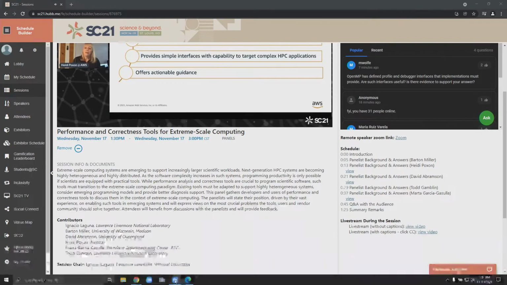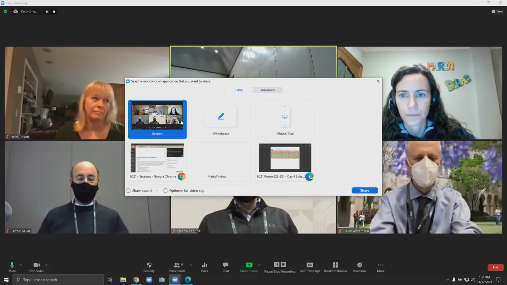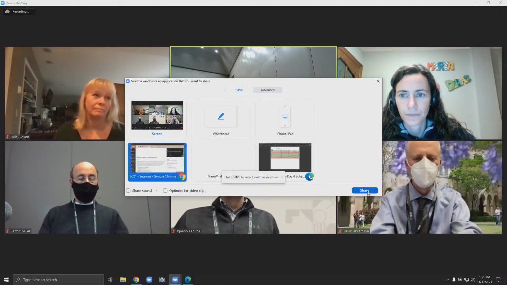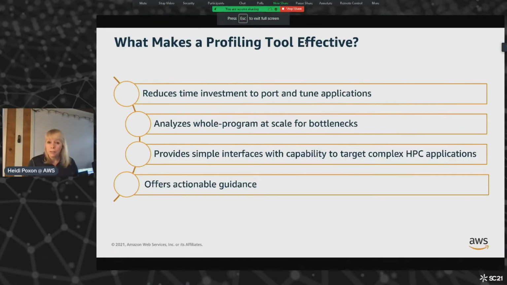So I'm going to mainly talk here about performance tools. I know others on the panel will talk about correctness tools. I wanted to first mention that it is very valuable to have a performance tool that you can profile applications with. It really reduces your time investment when you're performing optimizations. Rather than spending a whole bunch of time in a certain area of the code, revising an algorithm to hopefully make it run faster, only to find out when you run your application that there's no performance change, a tool can give you the guidance to find your top bottlenecks so that your efforts are better rewarded, so that you do see overall performance improvements when you remove those bottlenecks.